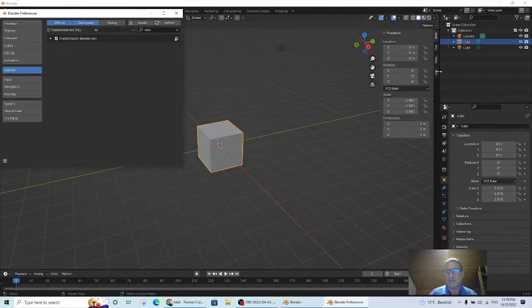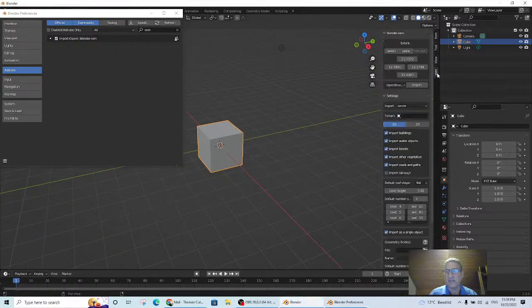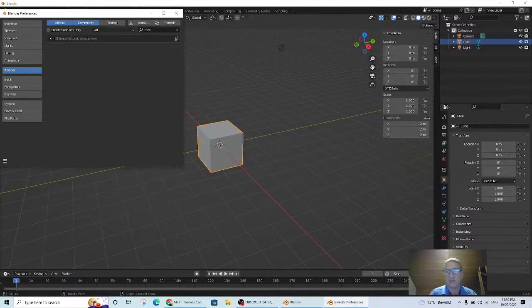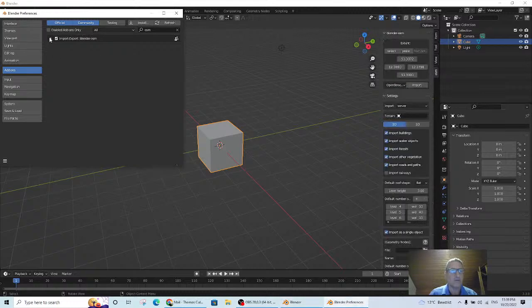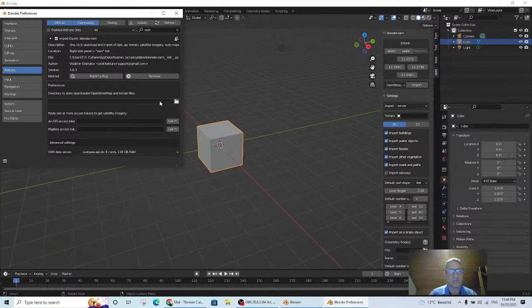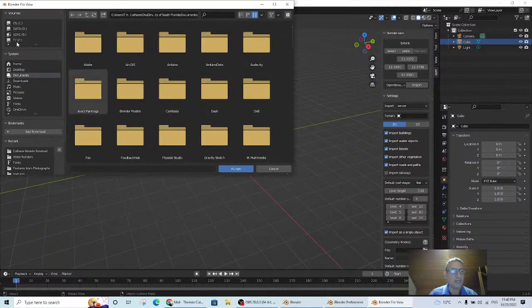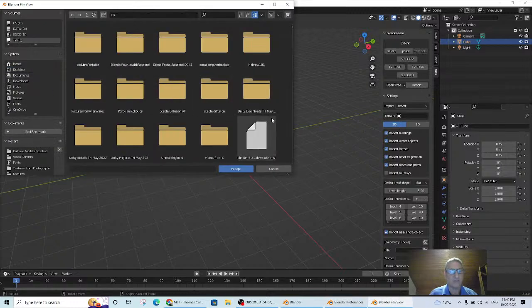And when you do that, over here on the right, you'll get the Blender OSM drop-down menu. When you don't click on it, that disappears. You also have to make sure, and this is also covered in many tutorials on Blender OSM, that you've set the directory to store the files. I use an external drive for this, and I then